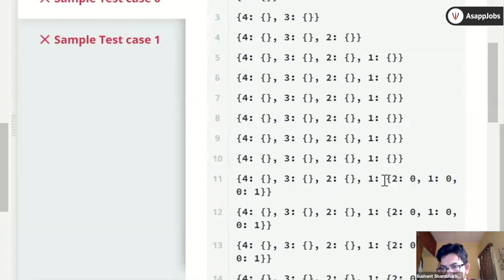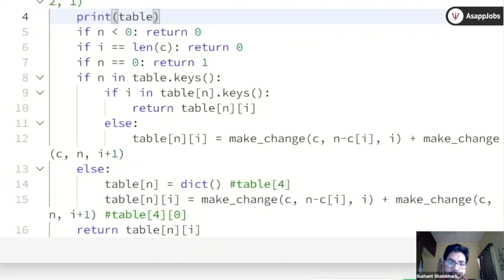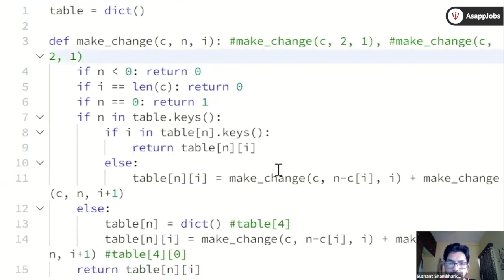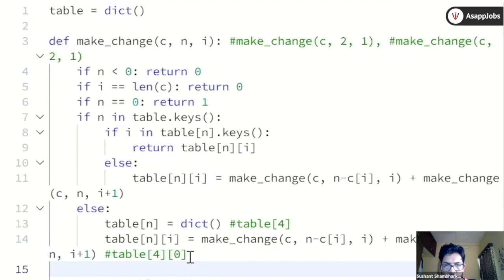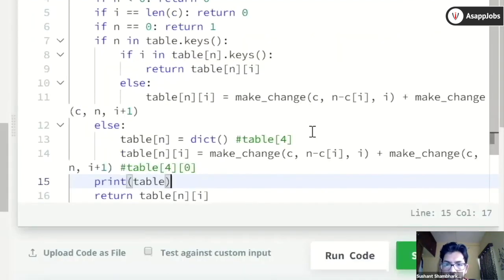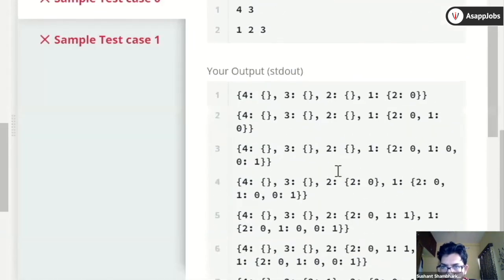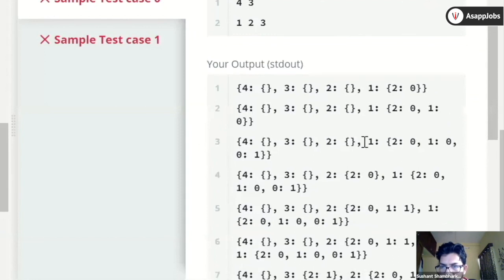So this dictionary is getting filled inside this. You will see multiple calls, but those are the overlapping subproblems. Whenever there is an overlapping subproblem, this condition is going to get triggered, and we are printing it before that. If I print this table after this condition, say before returning this, there won't be repetition, I think. Won't be able to see any repetition here. So you don't see any repetition now. Every call modifies the dictionary and changes it somehow.